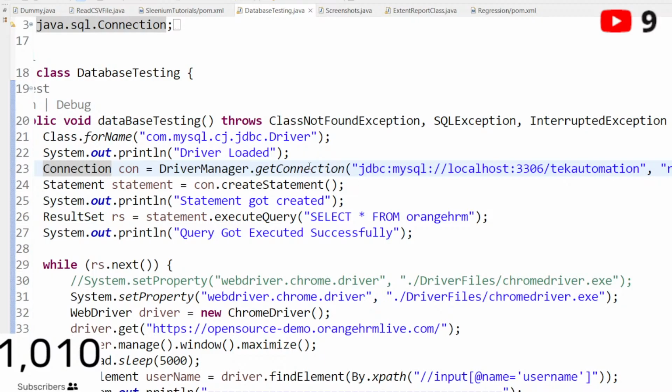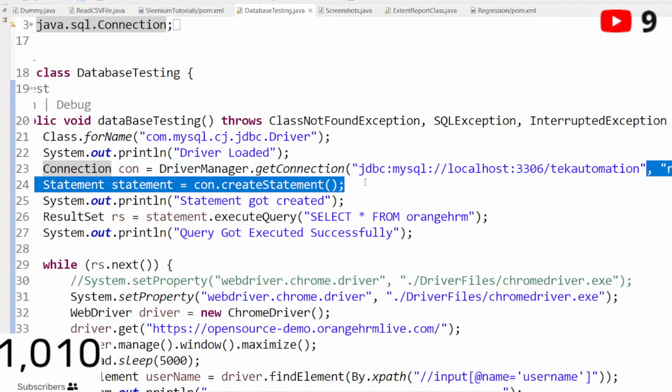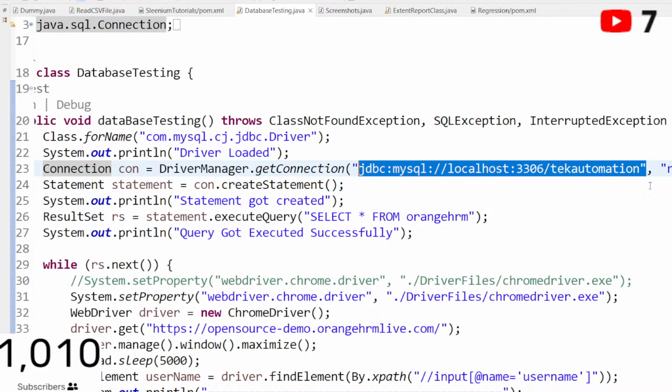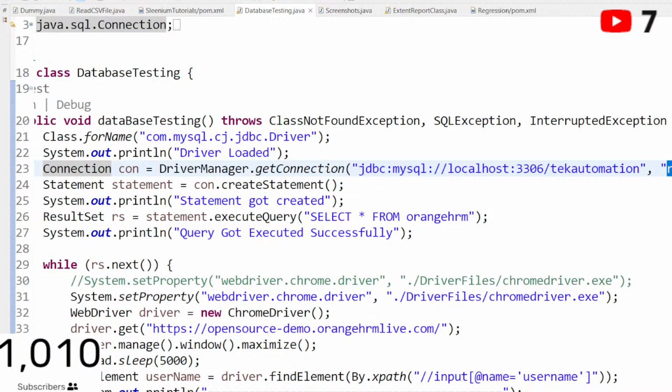We can mouse over this getConnection. It will tell you string URL, string user and string password. This is my password and this is my username. By default, root is our username, and this is our URL. So URL, username and password. The username here is root by default and the password here is Selenium. And this Connection, first of all, is an interface. If I mouse over it, it shows a connection with a specific